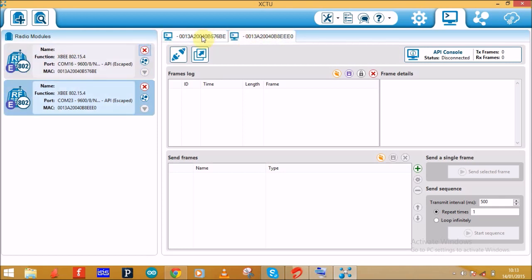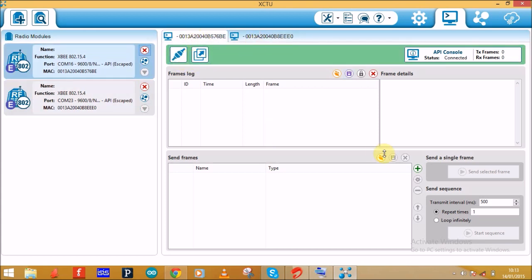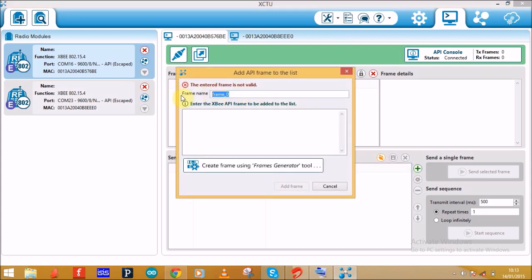Here's the console log for the two XBee modules. This one is for the first XBee module, and then I'm going to open the serial connection of both console logs. So I'm going to click on there, then there. Then the next thing I'm going to do is create a frame on the first XBee module. To do that, I'm going to click on this plus icon, then change the name of the frame, so frame